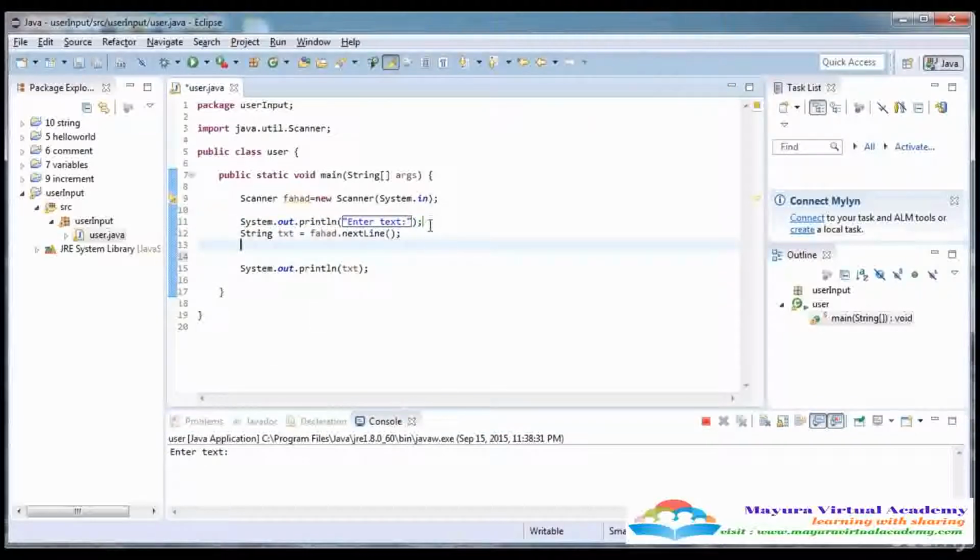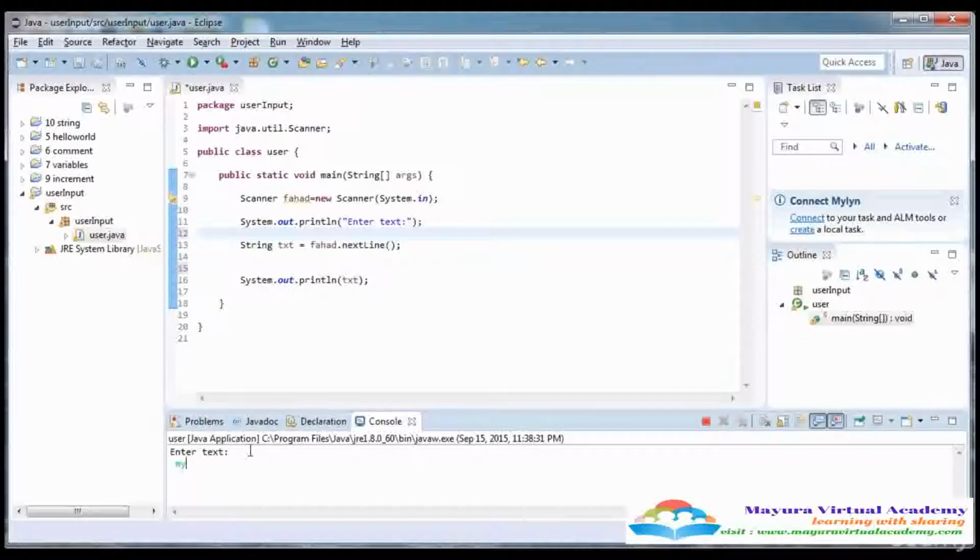And now we have to type the text. Here I'm gonna type my name is Fahad. So here you see that it is printed on the screen. So this is the way we can take the string from the user, but you can also take the double,